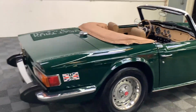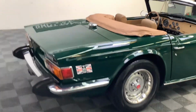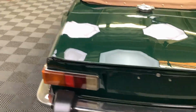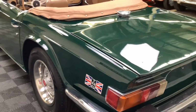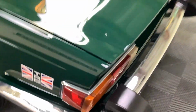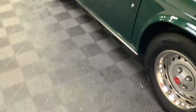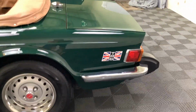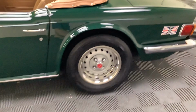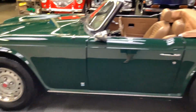This car, it's from back east, and it had a pretty nice restoration, I think about 10 years ago, but beautifully still finished, presenting well. Really nice cosmetics. Great paint, couple little tiny blemishes I see, little tiny bubble there, and then a kind of matching bubble over here. So maybe there was a luggage rack at one time and they welded it up, and just a couple little bubbles showing through there. Little ding on the bumper here I can see, but not too much else going on. I mean, really super sharp looking